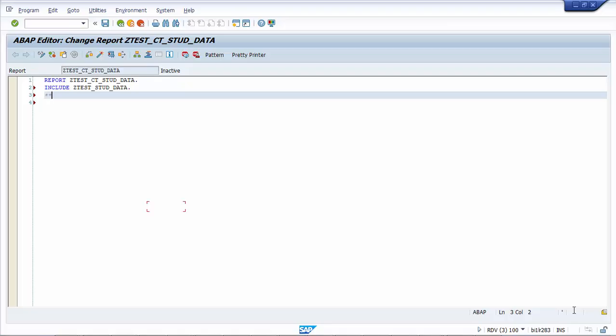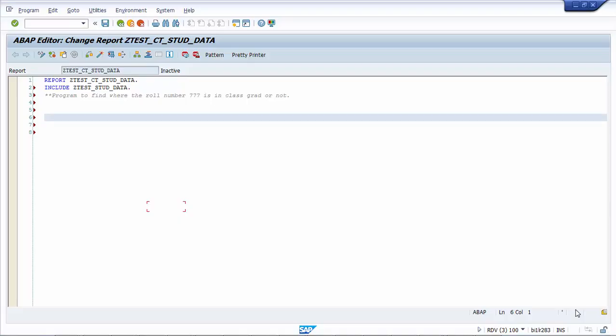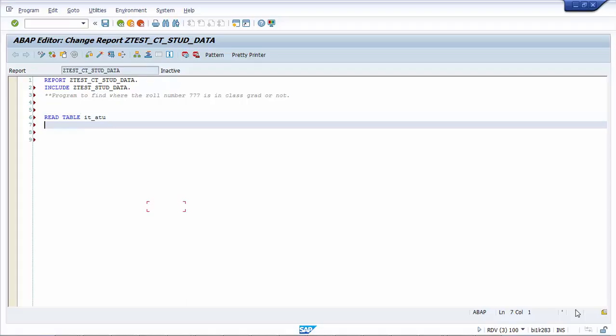So let's assume one scenario. We'll write a program to find whether the roll number 777 is in class graduation or not. So we'll use a read command over here. We'll be reading the internal table it_stu into our structure is_stu